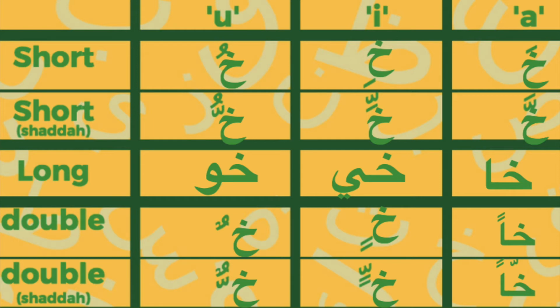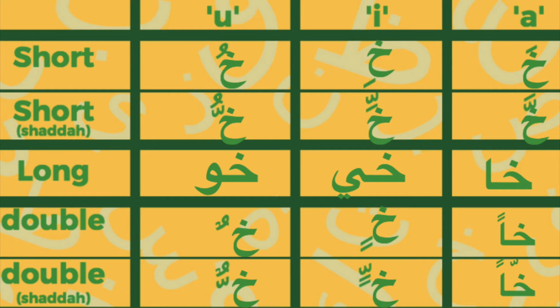And then if we move into the last two rows, obviously this time we're demonstrating with the tenween, the double fatha, double kasra, double dhamma. So we'll say khan, khin, khun. And then this time, I sort of pronounced it almost like it was with a shedda in the last one actually, but this time we're definitely pronouncing it with a shedda, where we're doubling the sound, so it's going to be